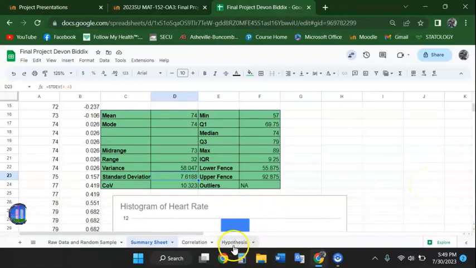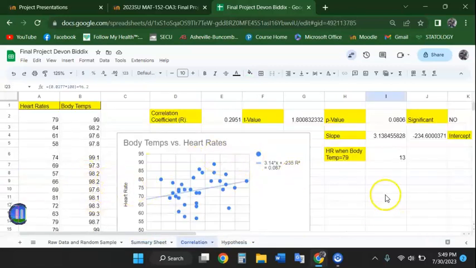I did a hypothesis test and a correlation. So for the correlation, full disclosure, the original question asked by Mr. Blevins was to estimate the heart rate of someone whose body temperature was 79 beats per minute. Personally, I feel like this was an error considering body temperature is not measured in beats per minute, and if someone's body temperature were to be 79 degrees, their heart rate would be about 13 beats per minute, which is